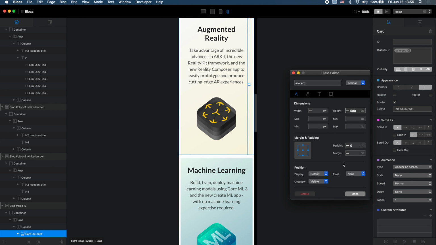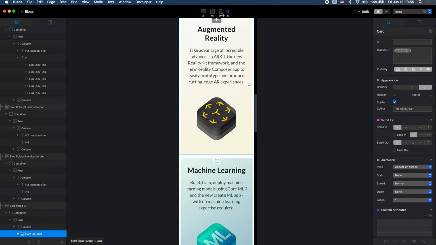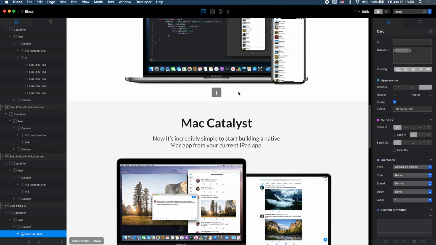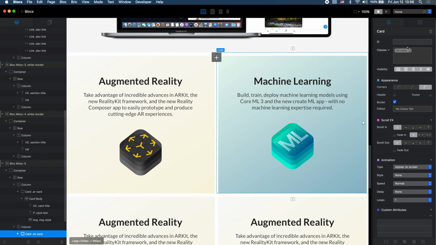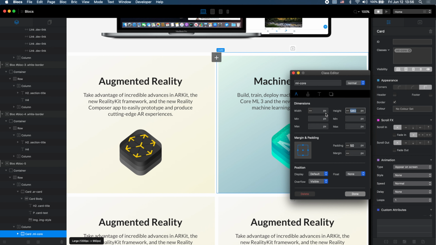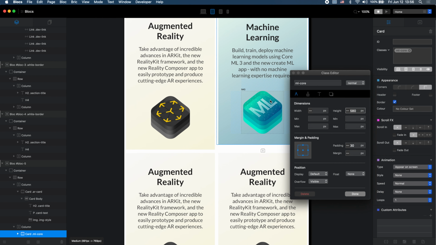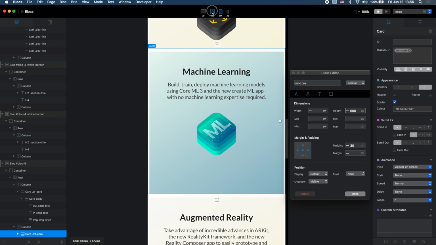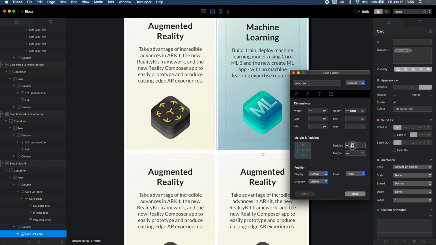580, what we had before. Because right now I have already two classes, this one is different, I need to adjust it the same way. So the good thing would be to do that before duplicating the class, but for now I can remember everything I changed. I changed the padding to 25,